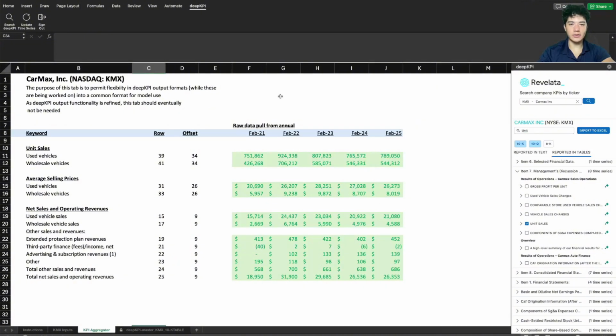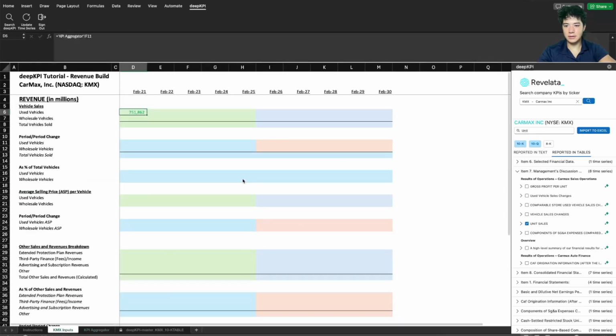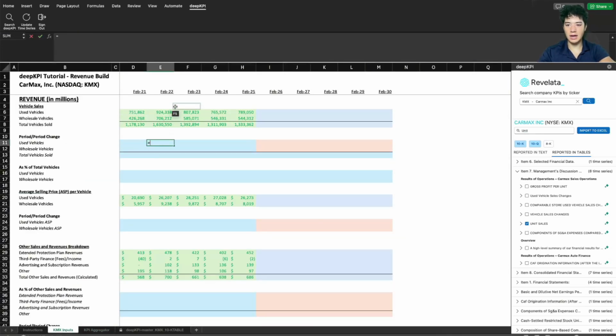Now I've arranged all of the KPIs from the raw data pull into this aggregator sheet. We will navigate to our KPI values. Since we have the KPIs together in a time series format, it makes it super easy to input all of